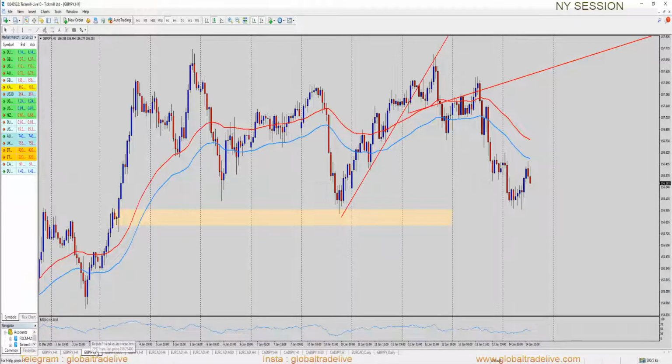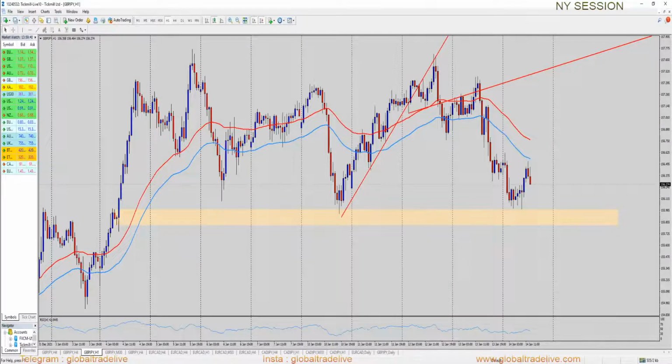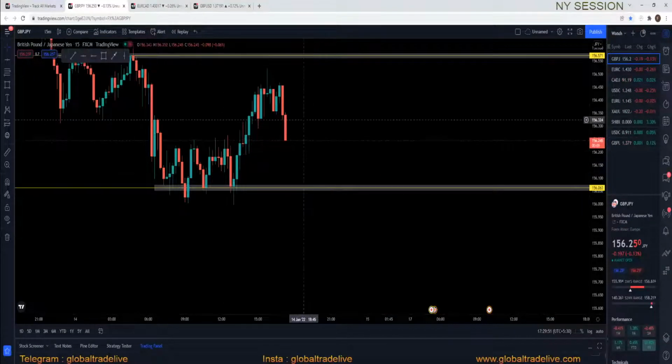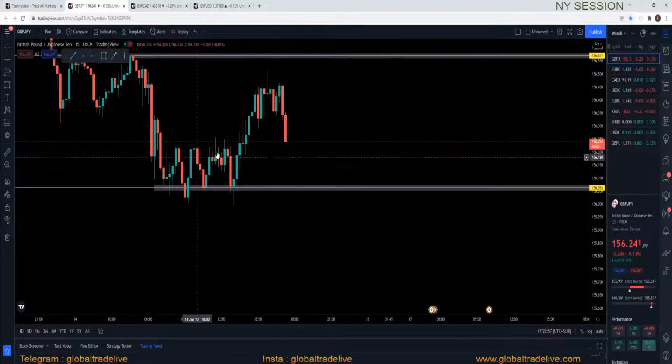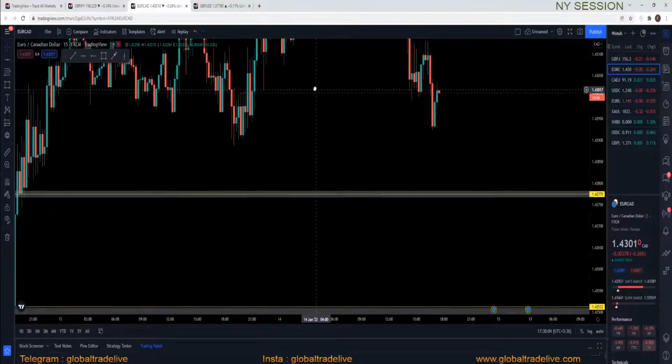If we look at the 1 hour, yes, 1 hour is clearly bearish, and we have our POI over here in the 1 hour, and market is clearly going down to test that POI. That means selling is a better option. But we need to wait. We need to wait. No other option.